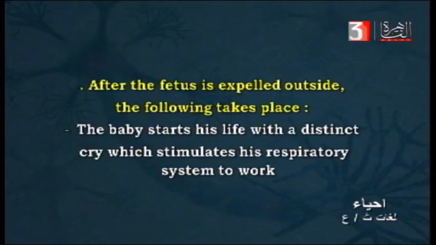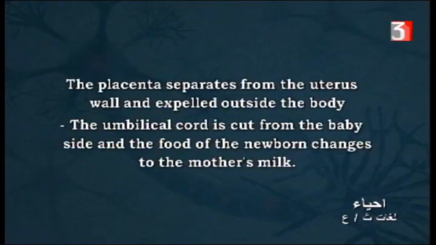After the fetus is expelled outside, what happens? The baby starts his life with a distinct cry. This distinct cry stimulates his respiratory system to work, to enable the 2 lungs to start working. The placenta separates from the uterus wall and is expelled outside the body. The umbilical cord,